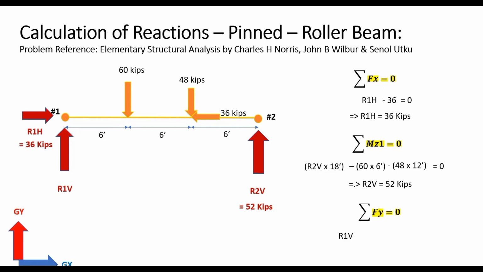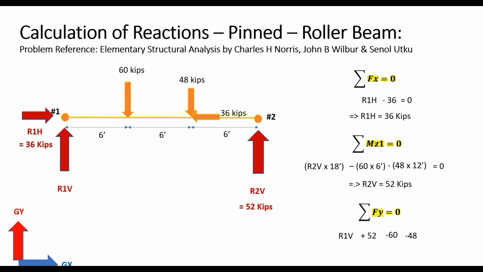Well, the first one is R1V, the vertical reaction at node number 1. The second one is R2V, which is the 52 kips reaction that is acting at node number 2. Now, 52 kips would be positive because it's acting along the positive direction of the global y-axis. Then 60 kips, which is the applied load at 6 feet distance from the start node. Now, the value would be negative because it's acting along the negative direction of the global y-axis, and similarly we'll